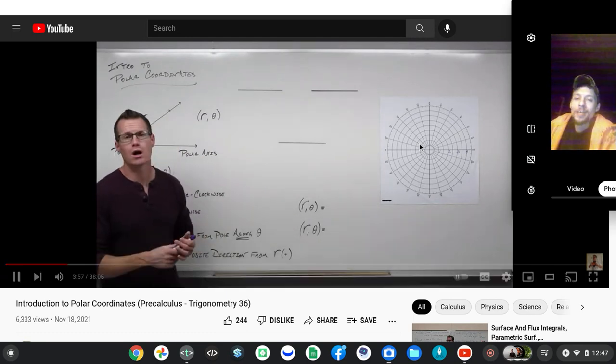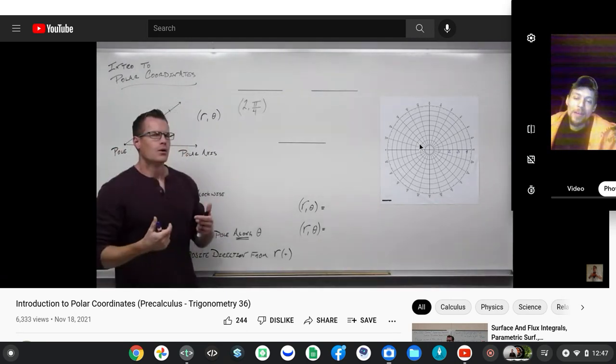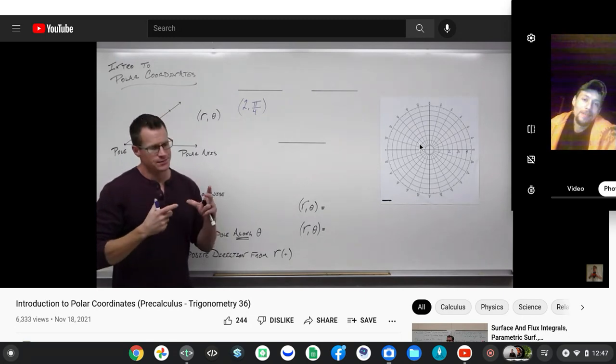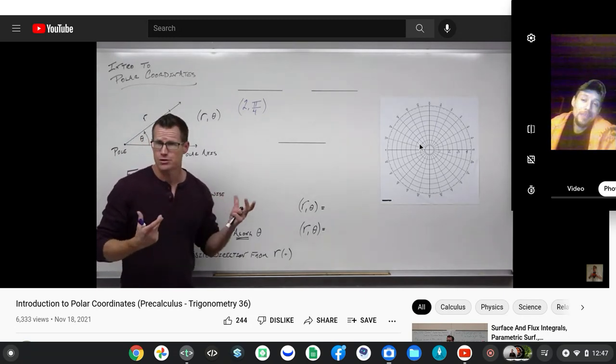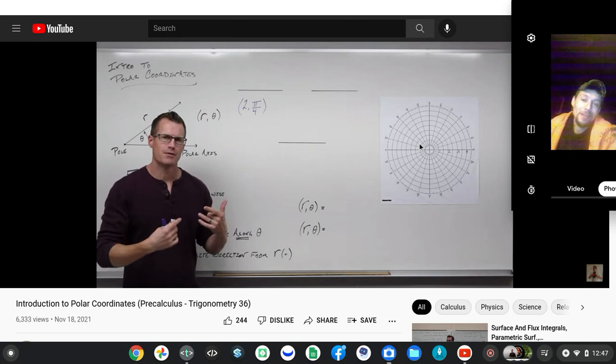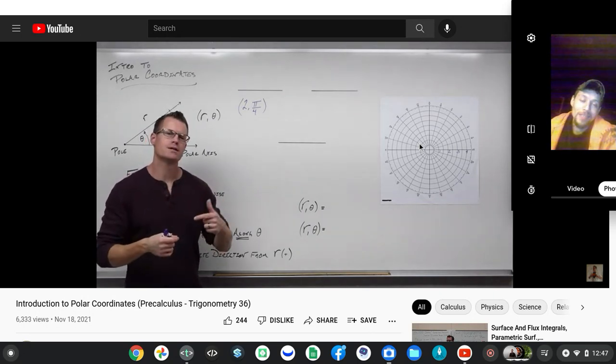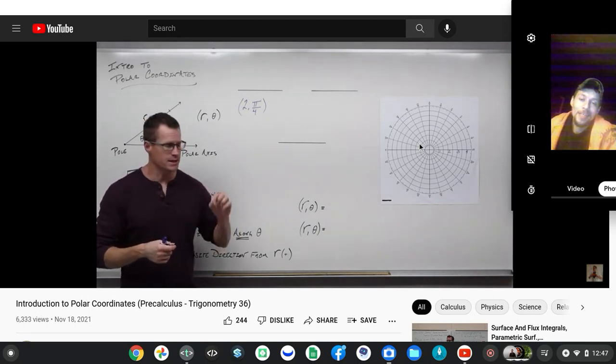How about 2 comma pi over 4? One of the things you used to hear is just really what the coordinates actually mean. So when we read 2 comma pi over 4 and we say these are polar coordinates, the first number is the R, the distance